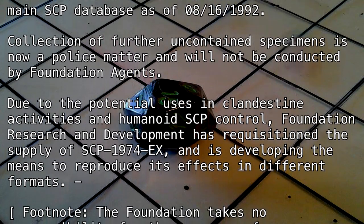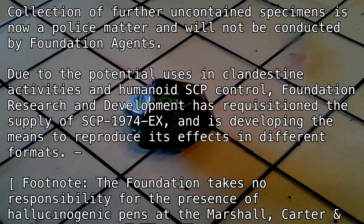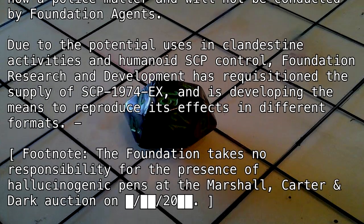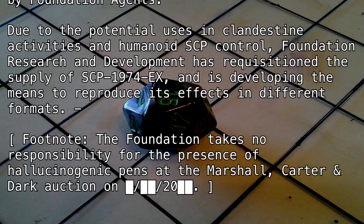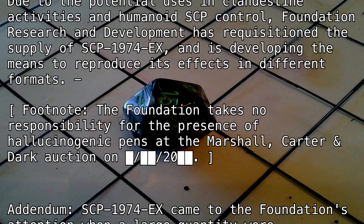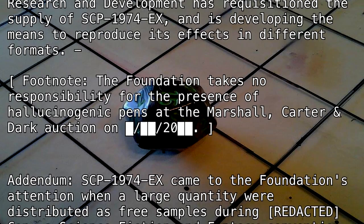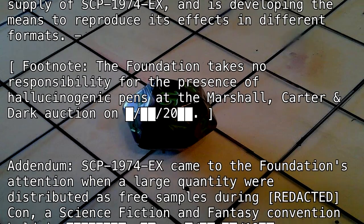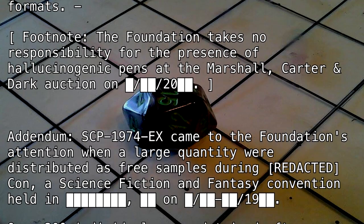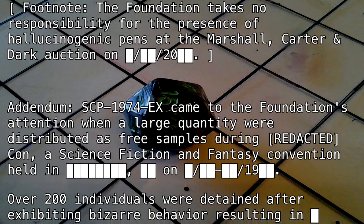Collection of further uncontained specimens is now a police matter and will not be conducted by Foundation agents. Due to the potential uses in clandestine activities and humanoid SCP control, Foundation Research and Development has requisitioned the supply of SCP-1974-EX and is developing the means to reproduce its effects in different formats. Footnote: the Foundation takes no responsibility for the presence of hallucinogenic pens at the Marshall Carter and Dark Auction on [blank], 2000. Addendum: